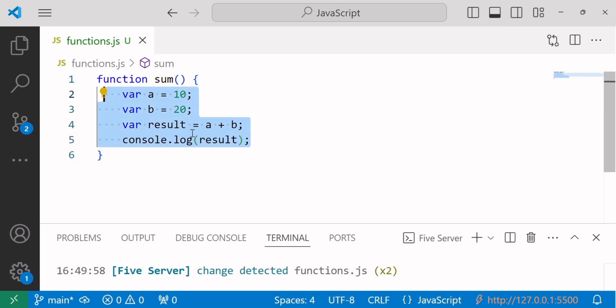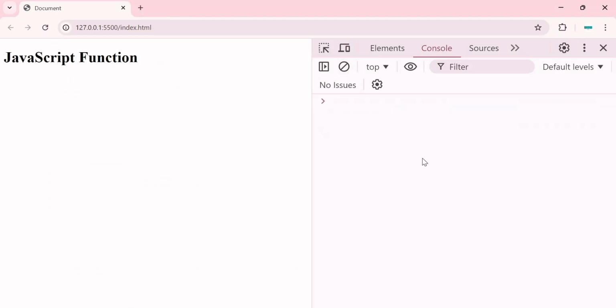So we want to execute these statements under this sum function. It means the statements we need to execute on the function call must be written inside these curly braces. So this is how we can write a function in JavaScript and this piece of code is called a function definition. But if I run this file as it is, you can see inside the console, we are not